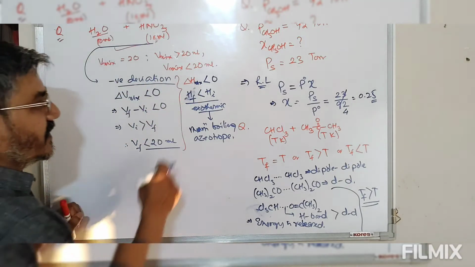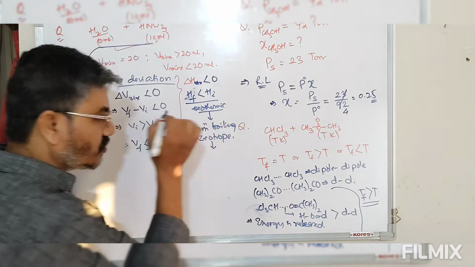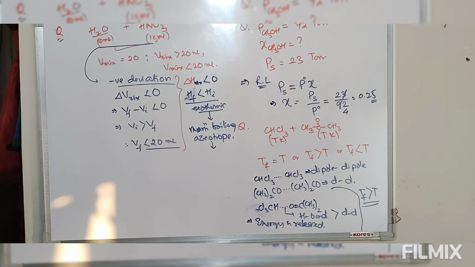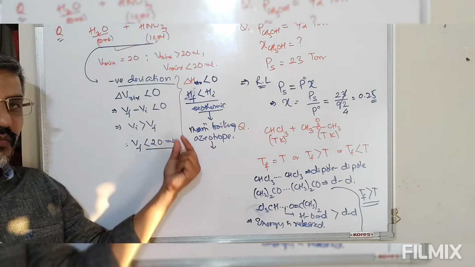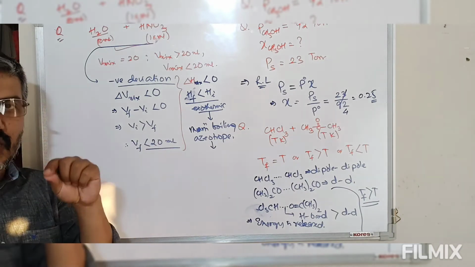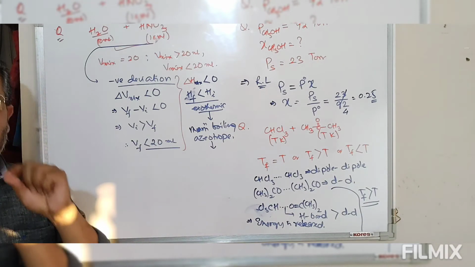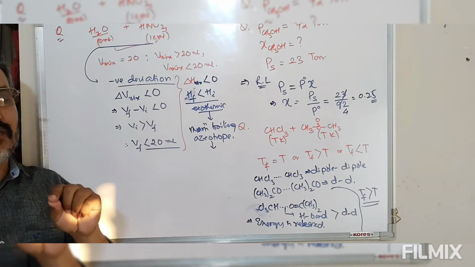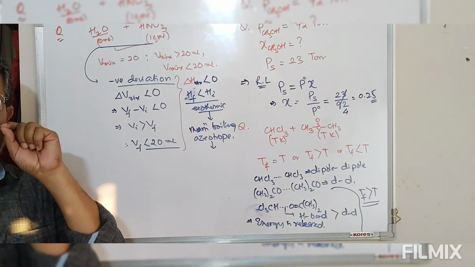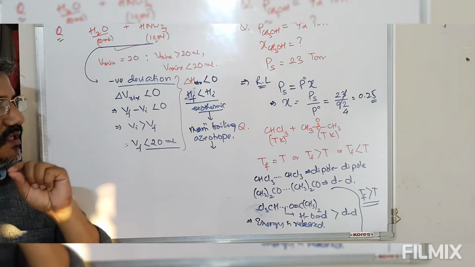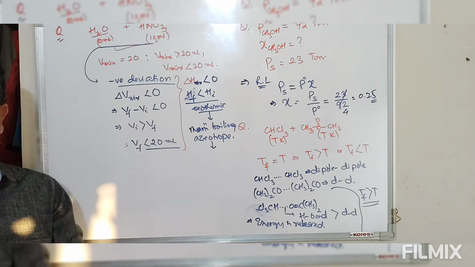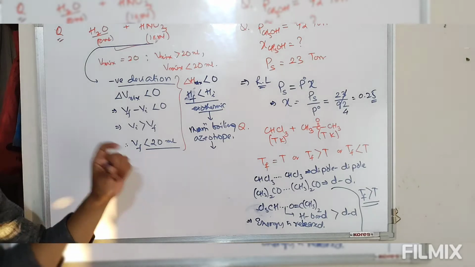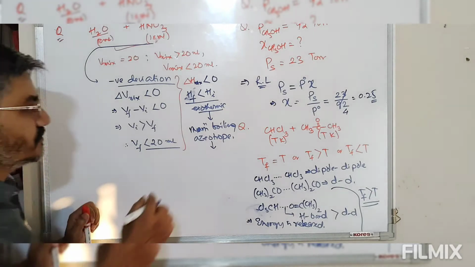Now since we have azeotropic mixtures, an azeotropic mixture is a mixture in which both components of the solution boil at the same temperature, at a fixed temperature. Since at a particular composition the solution boils with the same temperature, both components boil at the same temperature, so its distillation is not possible.